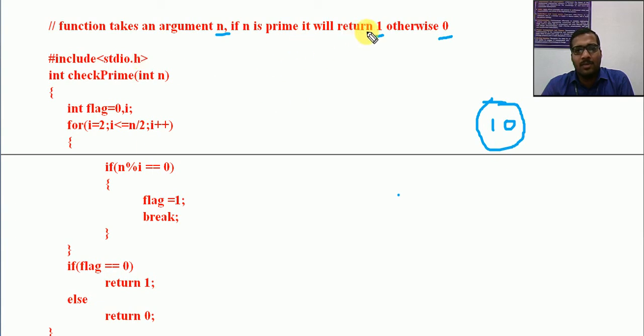If it is prime, it will return 1, otherwise it will return 0. Next time I am passing 3, and again it returns 1 if prime, otherwise 0. If 100 is the number, I need to do the prime check 100 times, once for each number. That can be simplified by calling a simple function for checking the prime.